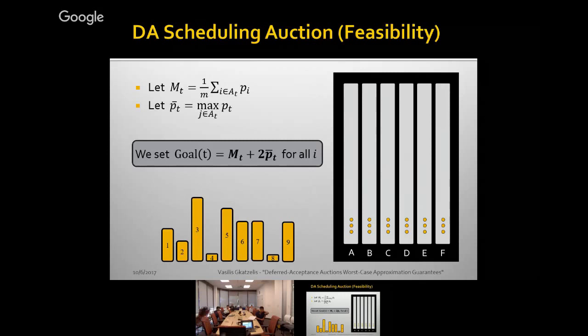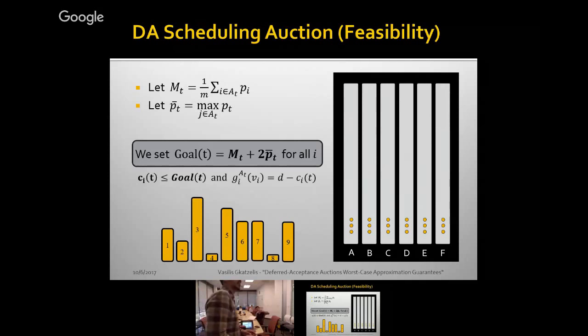Because, as I mentioned, it's not fractional, if there's some huge guy over there, I cannot really promise; it will change what I can do. So the goal that we set, where we finalize people, is the fractional makespan plus 2 times that maximum processing time. So let's start with this minimum thing, give it some leeway of 2 maximum processing times, and start from that.